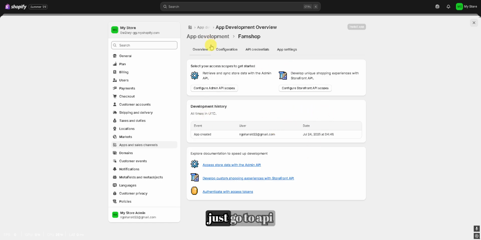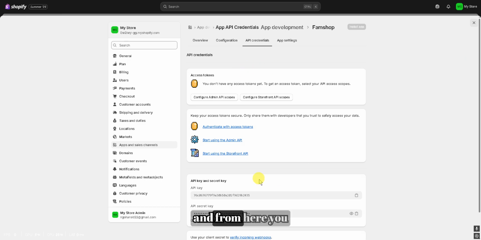Now once you're here, just go to API credentials, and from here you have the API key and secret key in which you can connect to the app, which is FamShop. So once you've copied this API key and API secret key, it's connected to the app and you're